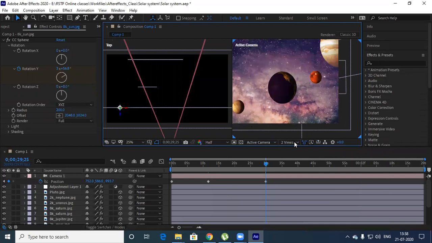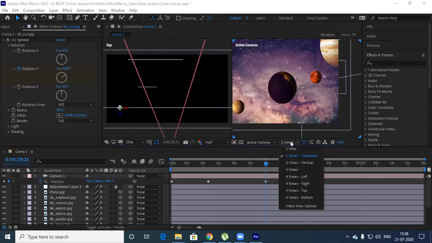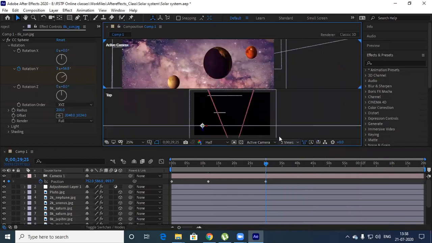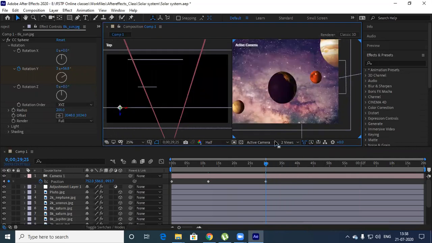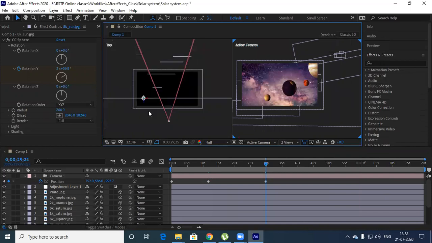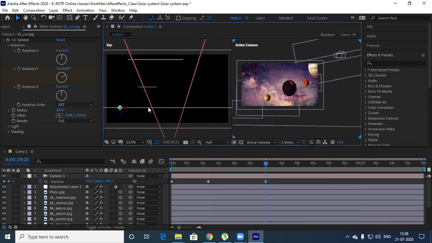See here, there are multiple views. Right now it was one view. What I did, I took multiple views. Two view vertical or two view horizontal. You can take two view horizontal, so that one view comes here, another view is over here. So where your camera is here. See, I can take this camera like this. You can get the camera animation like this.